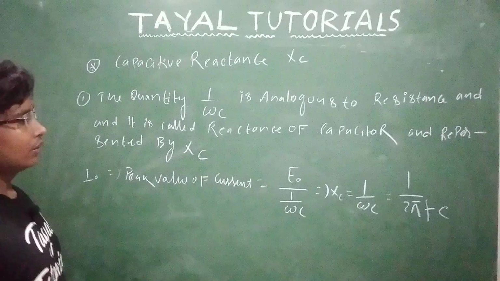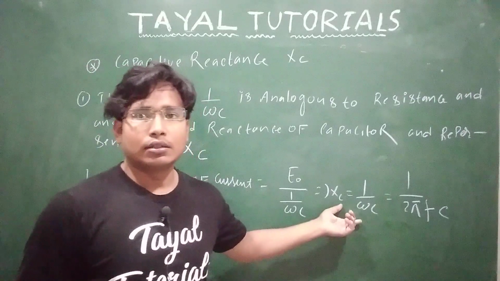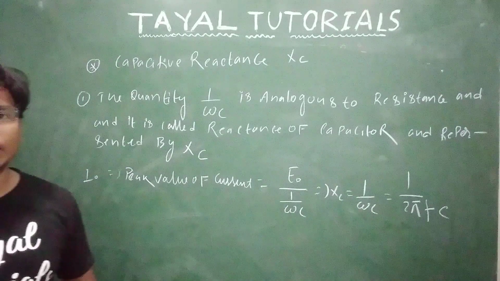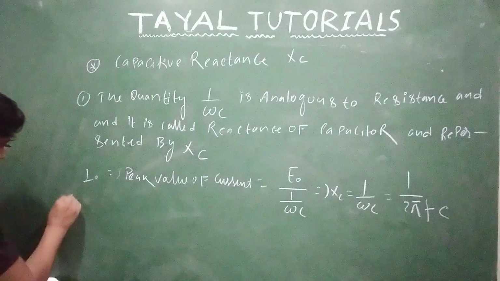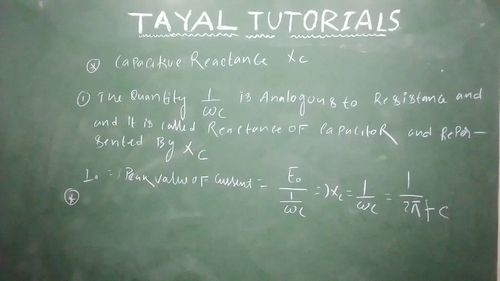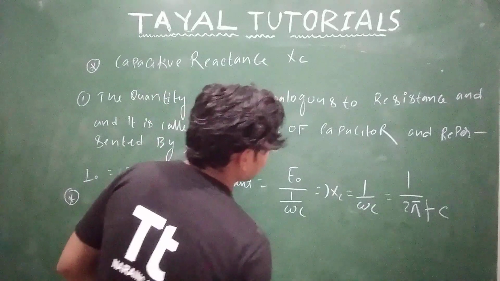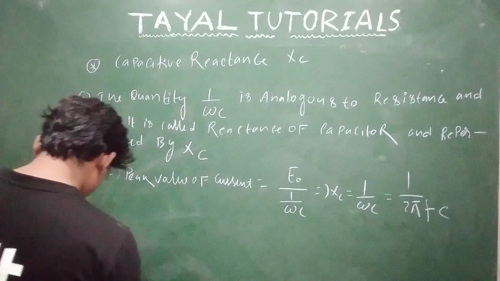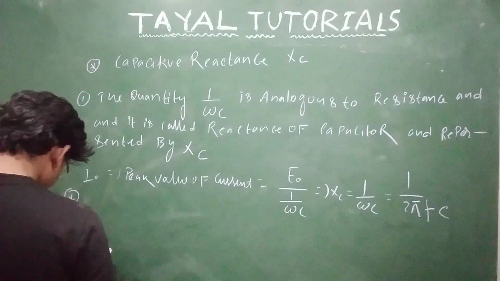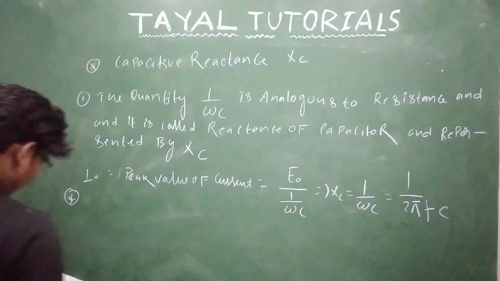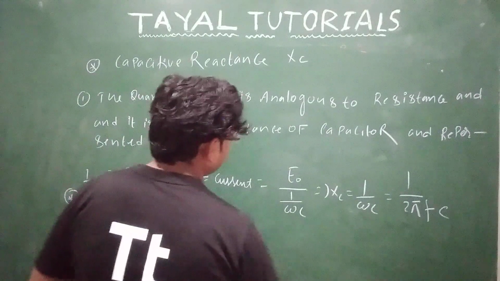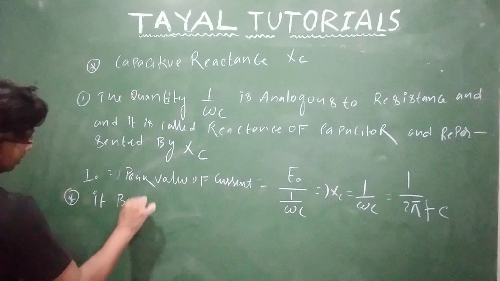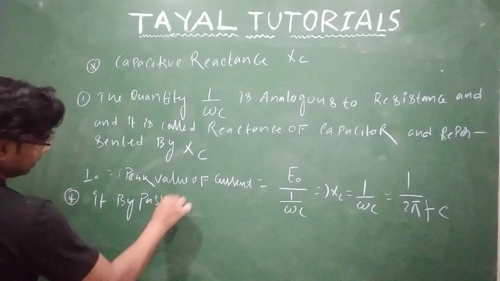Now how will it behave when it is supplied by AC and DC? Which quantity will it bypass, and which quantity will it block? I am writing as inductor, it is a little different in the inductor. Here you can see, for DC, when you put frequency 0, what will it do? It bypasses AC but it blocks DC.